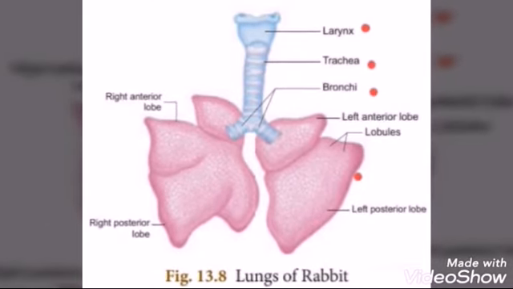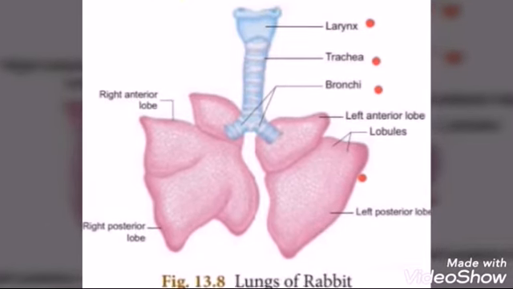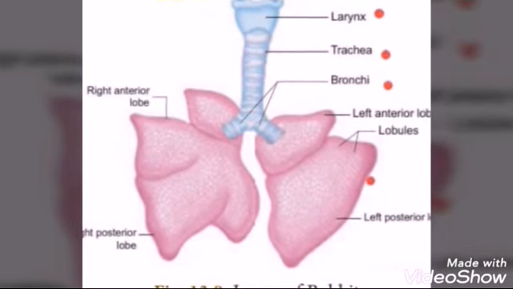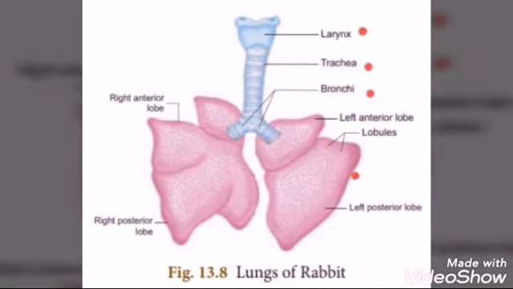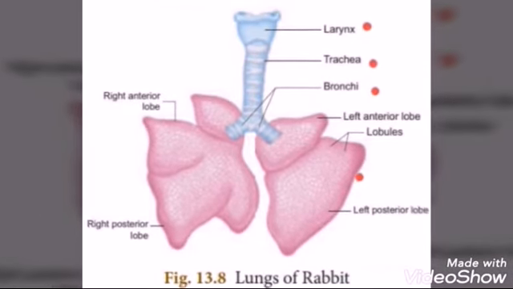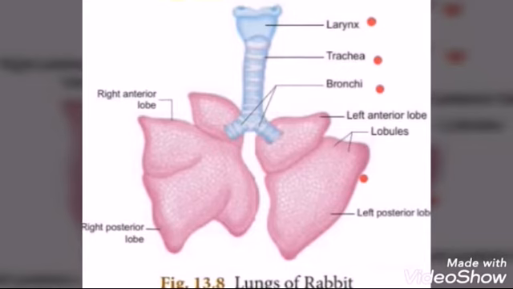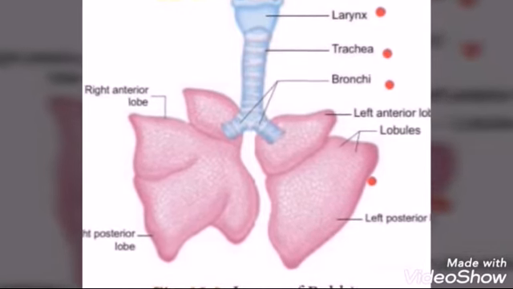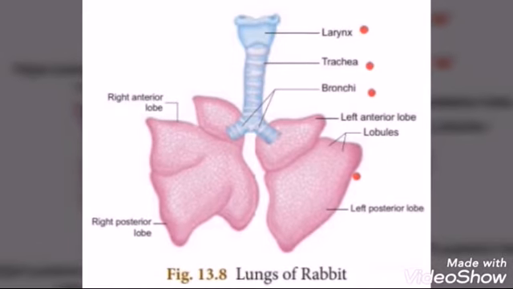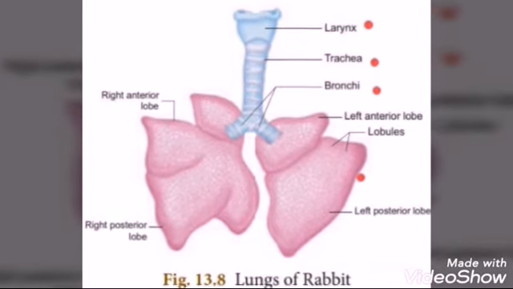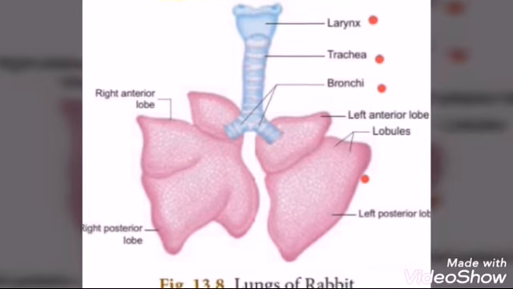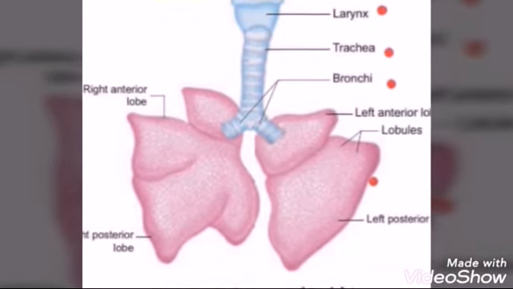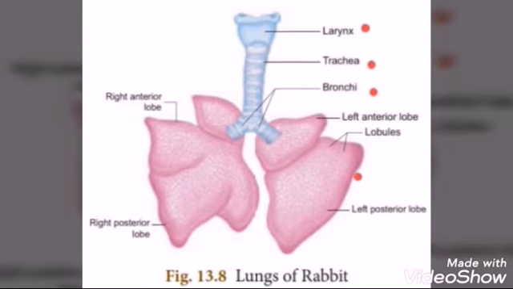The larynx leads into trachea or windpipe. Tracheal walls are supported by rings of cartilage which help in free passage of air. The epiglottis prevents the entry of food into the trachea through glottis. So prevention is the function of epiglottis. The trachea divides into two branches called bronchi, one entering into each lung and divided into further branches called bronchioles, which end in alveoli.